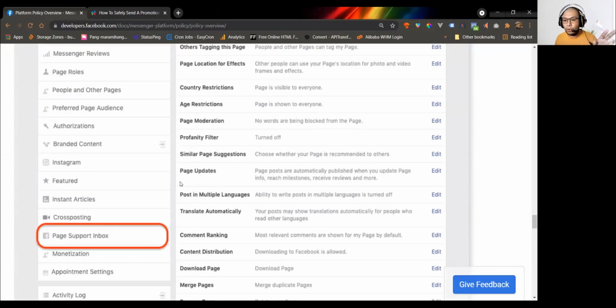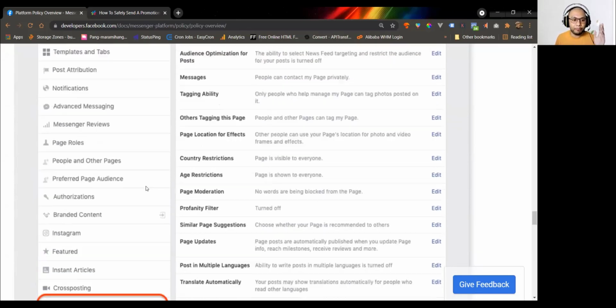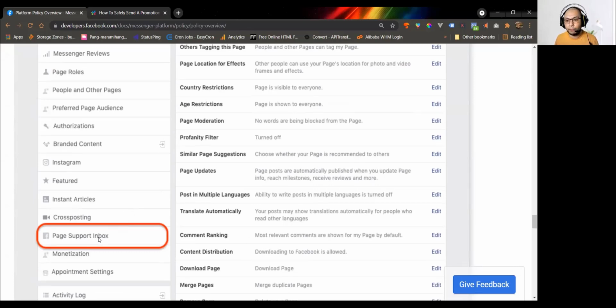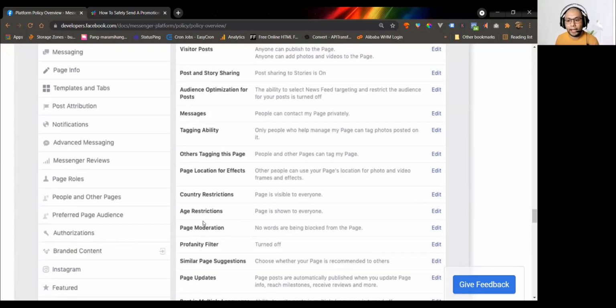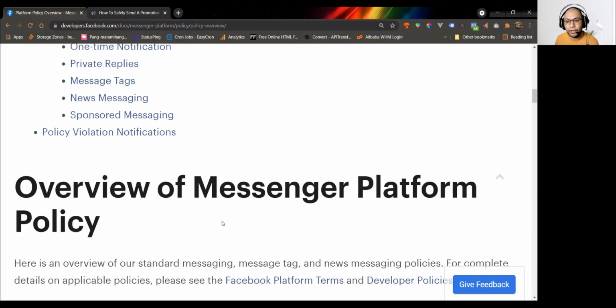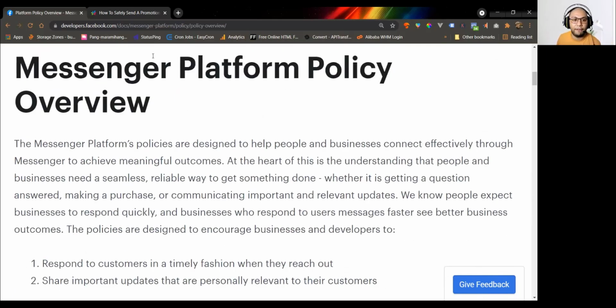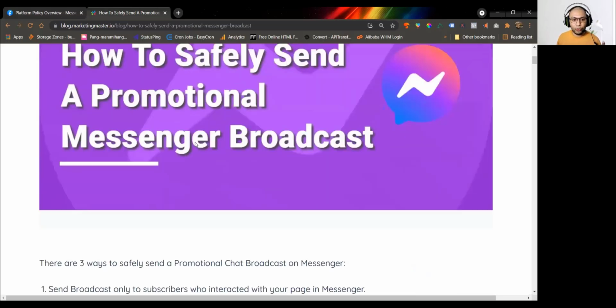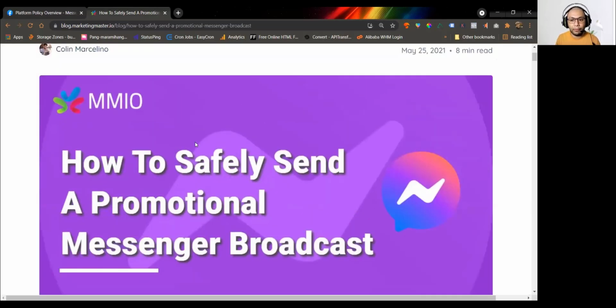If you want to know if you have a warning, if you have violated any of the Facebook Messenger policy, just go to your page and then go to your page support inbox. You'd be able to see a warning in there. But if you follow the rules that we have discussed earlier, then you are pretty much safe. To further elaborate on this,